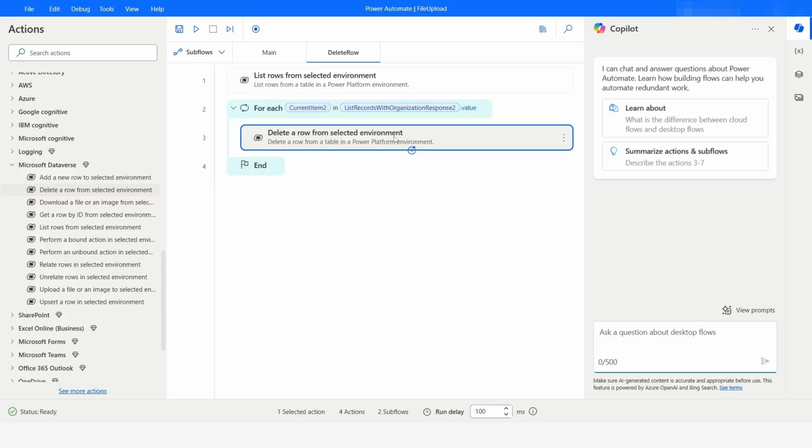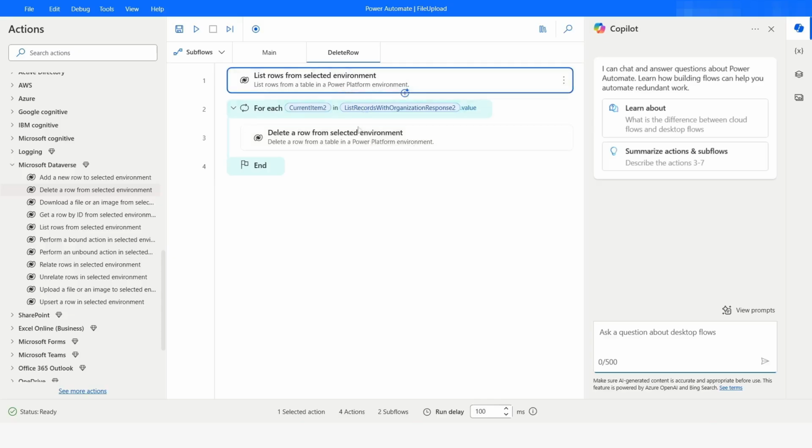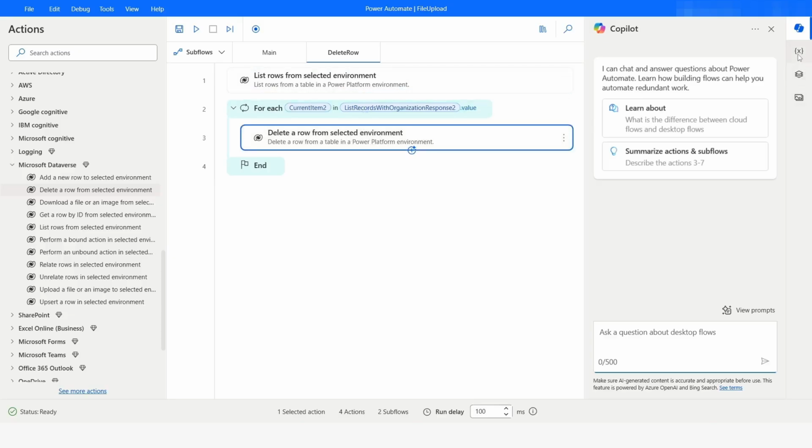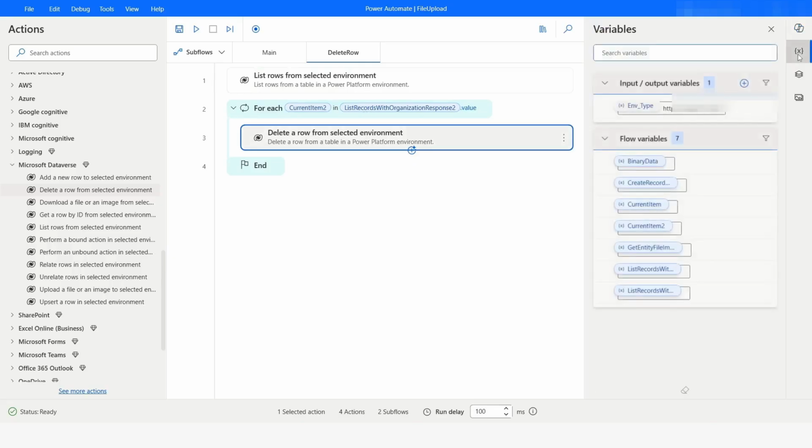To avoid that situation, what we need to do here is we will go to variables, and here I have created the variable which is environment type, and here I have given the URL of the environment, right? To get the URL of the environment, what you can do is you can go to the